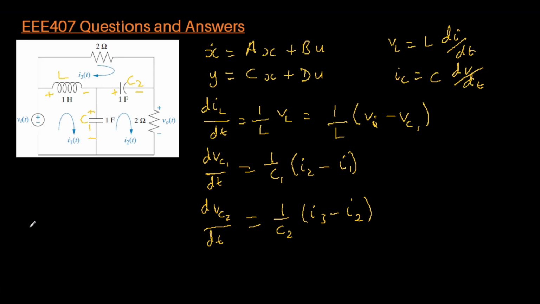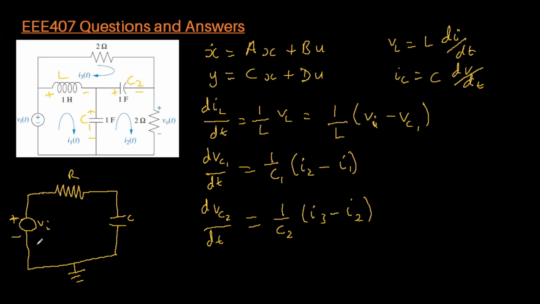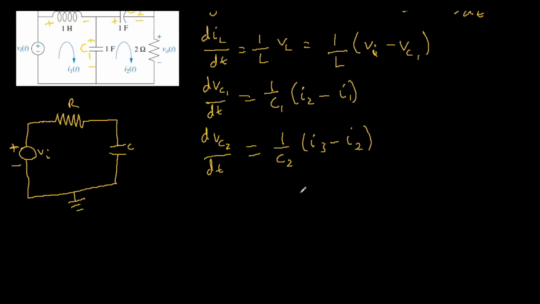If we had a simple system here, you have a plus, you have a minus, and that's a voltage supply. Let's say this is a DC voltage supply. We send it through a resistor, and after that we have a capacitor over here. And we close our circuit, pardon the drawing. Let me just ground this lower end over here. So this is our R, this is our C. If we wanted to take a walk around this system, I will call this VI, then according to KVL, we have our VI,